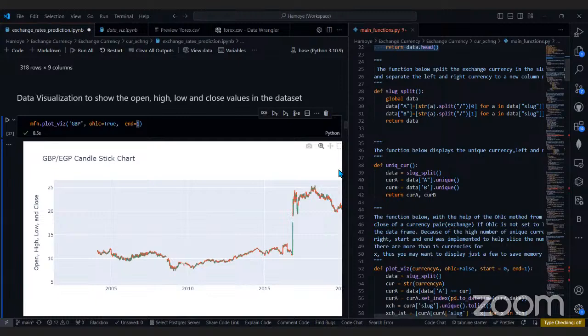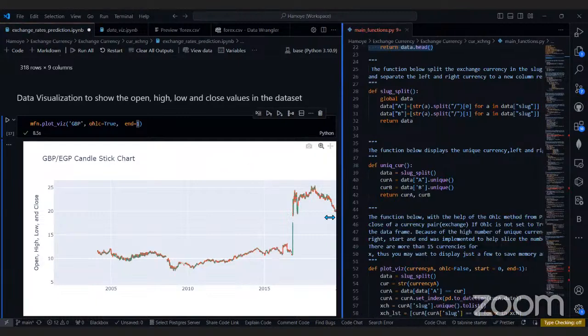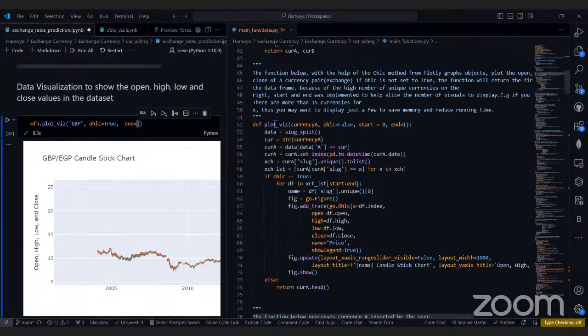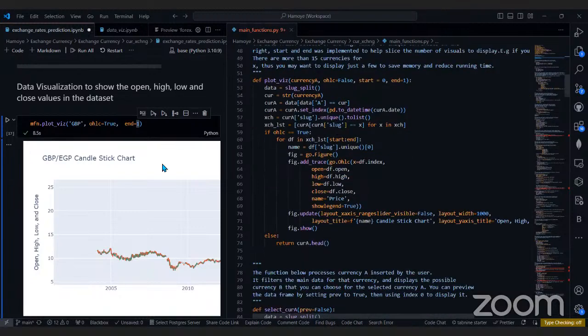Right. So this is the function. You can see how busy it is. This is what would have been in this code, and obviously it would make our notebook long and filled with a lot of code. And in terms of presentation, trust me, the management are not always after this. They want to see the end results, and that's the reality, right?